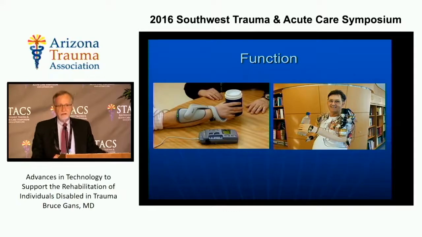We have functional electrical stimulation orthotic systems. This patient on the left, holding a cup, has a hemiplegic arm, but the electrical stimulation inside that orthosis facilitates small amounts of volitional activity and allows functional use of the hand. The patient on the right is using a myoelectric forequarter amputation prosthesis to be able to, just with